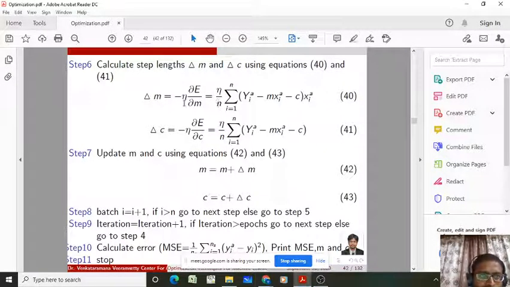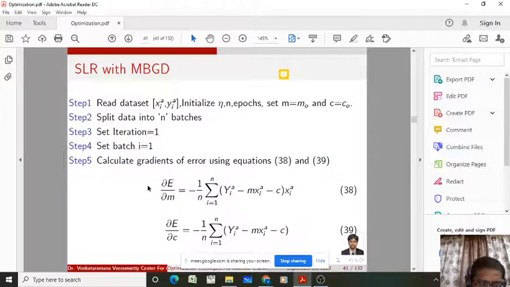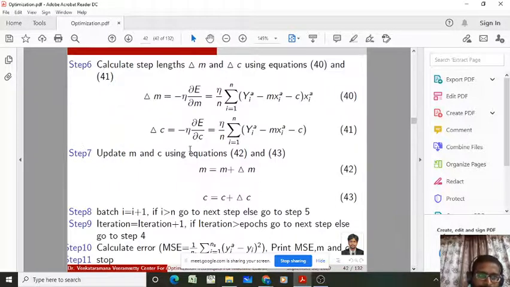So eta into 1 by n into sigma i equal to 1 to n of yi minus m into xi minus c into xi. Just I am replacing the dou E by dou m value from here, and I am replacing the dou E by dou c value from the 39 equation here. So finally we are getting the step length for the model parameter m and step length for the model parameter c like this, 40, 41.